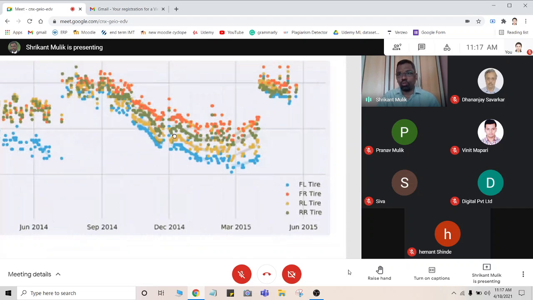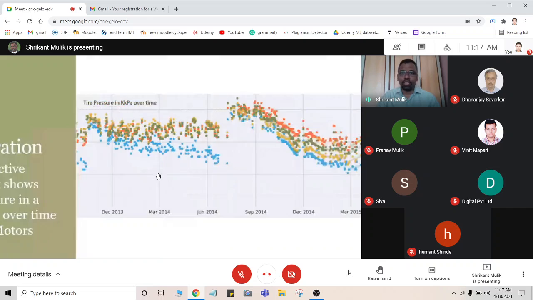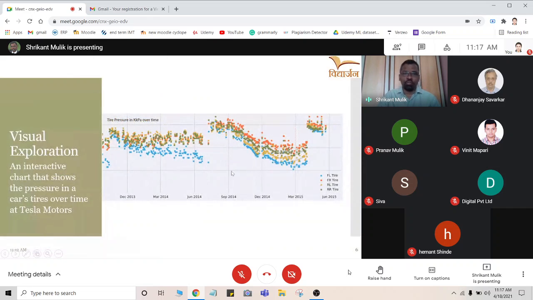So this is basically 4 points: front left, front right, rear left and rear right. So 4 tiles, and this is the dot. Now you and I can't really make anything out of it simply because we don't understand the significance